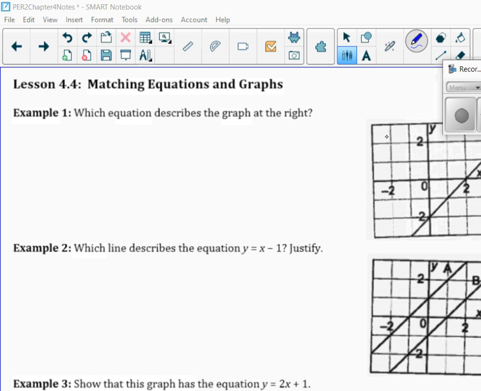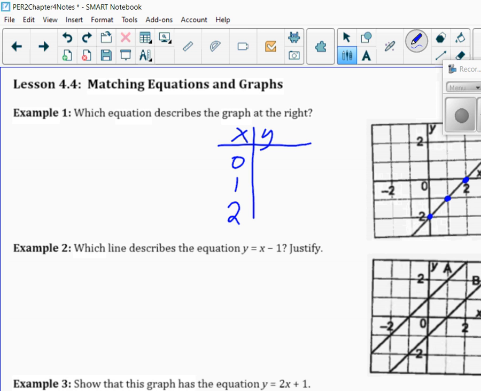Right, now we're going to go to the next level where they give you a line and you have to come up with the equation. So although it doesn't actually tell you to do this, what I would do is come up with a table of values. I always like doing a table of values where I have 0, 1, 2 for my x. So let's plot where x is 0, where x is 1, and where x is 2, and then complete the